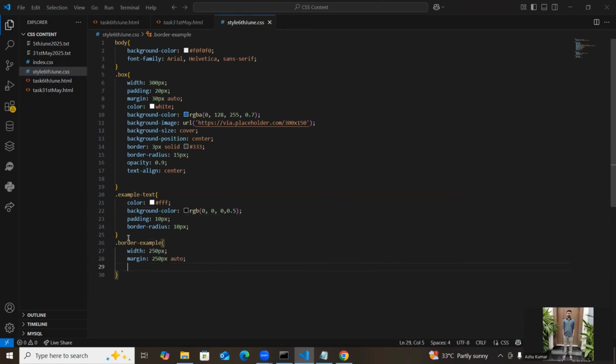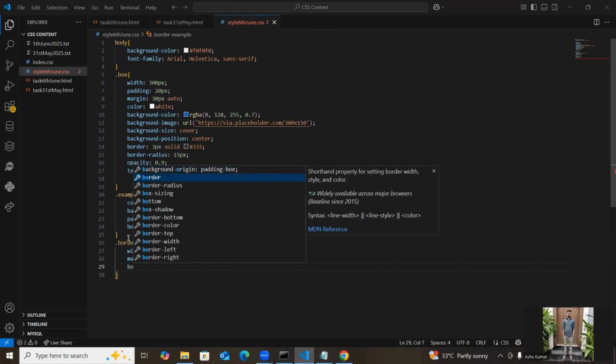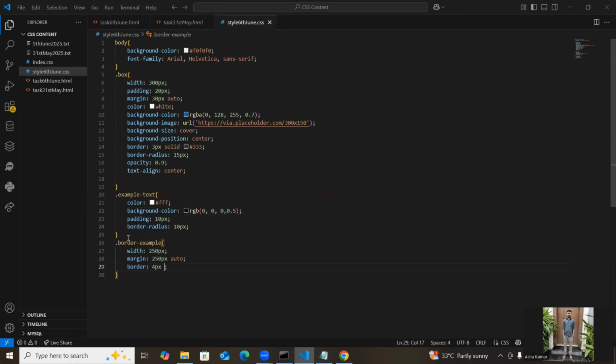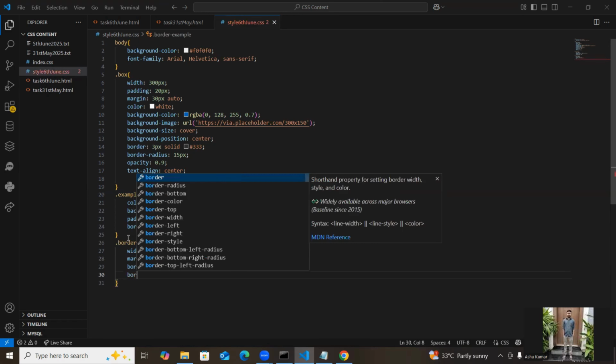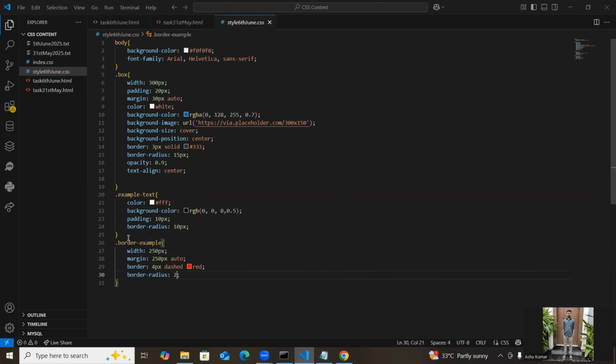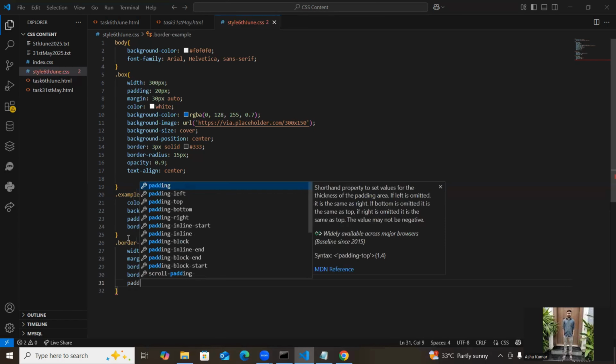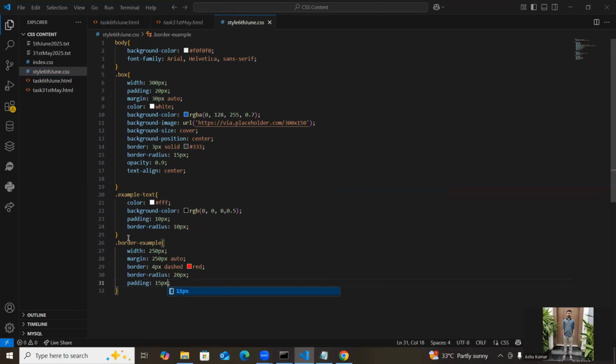So after that border I am giving as 4 pixels dashed red. So after that here I am giving border radius as 20 pixels. And after that here I am going to give padding 15 pixels. So after that background color I am giving as